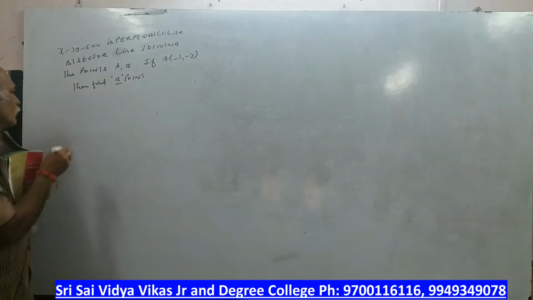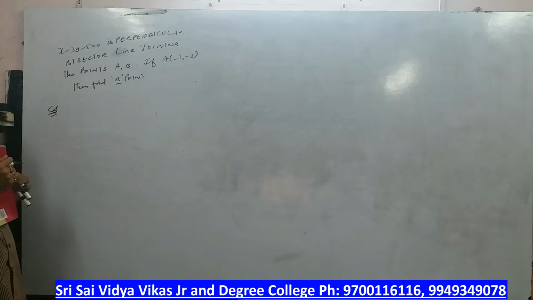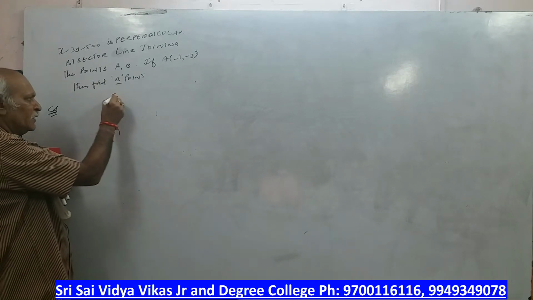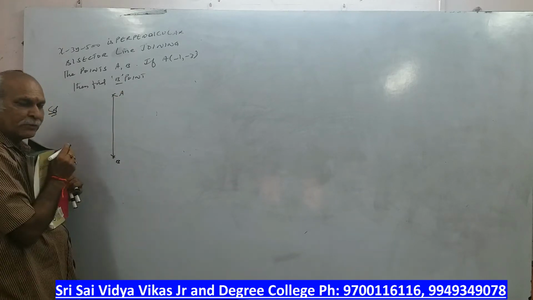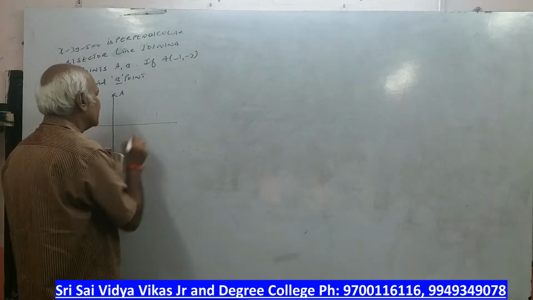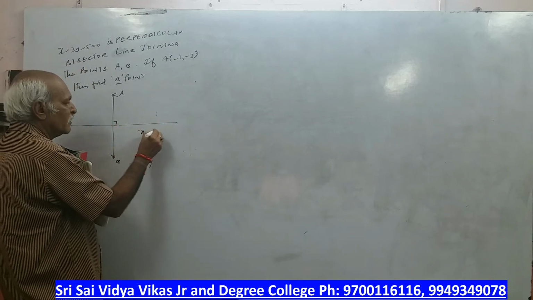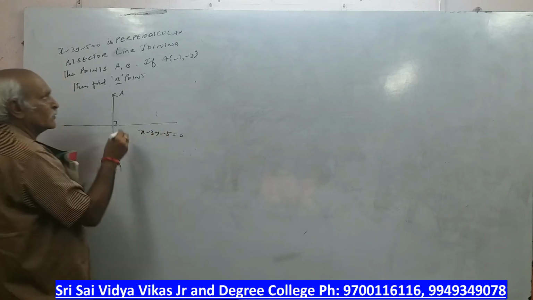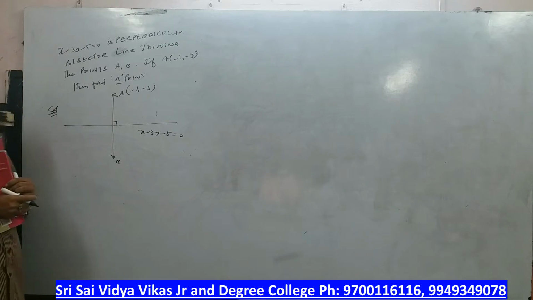Now, look at the solution. There are two problems of this nature, sir. x minus 3y minus 5 is the perpendicular bisector of the line joining the points A comma B. If A is this, there is a point, B point, A point, B point. This is a line which is bisecting this, sir. Means it is a perpendicular bisector. What is the line? x minus 3y minus 5 is equal to 0. A point is what, sir? Minus 1 comma minus 3. Means what? He has given.